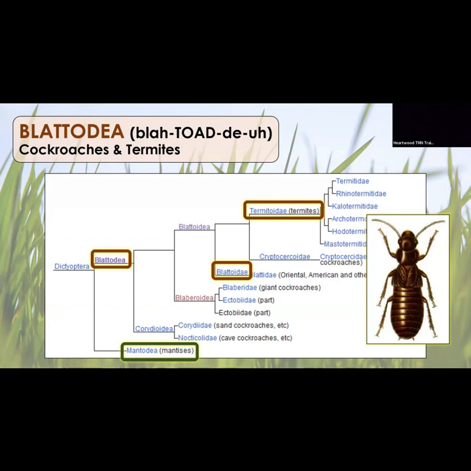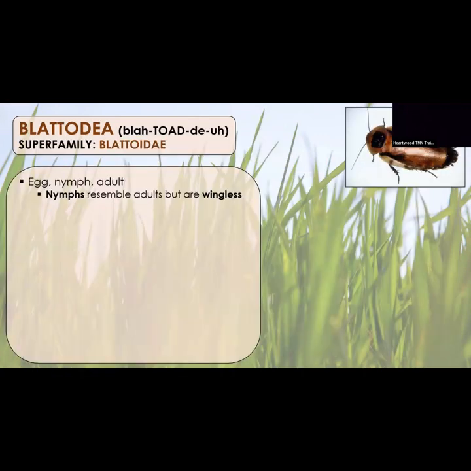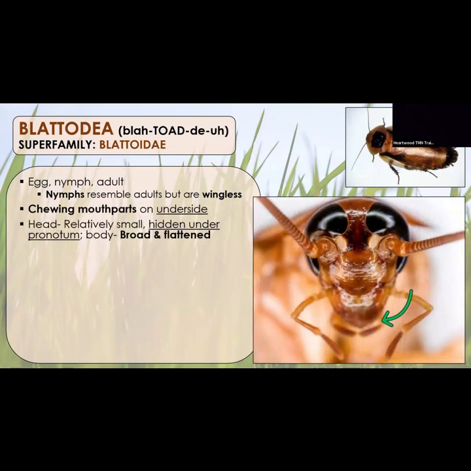they're related. So as I passed around, one of the most defining things about cockroaches is that they have a pronotum that covers their head. So head's right up there, and in what I've passed around, you can see that the pronotum clearly covers their head. They do have chewing mouth parts. They're just usually on the underside of what we see when we're looking at a roach. They're also known to be broadly flattened. They have running legs. Their antennae are setaceous, so like hair, long and flexible.